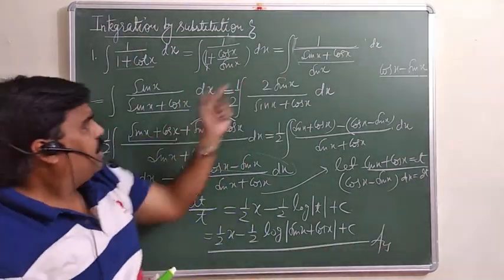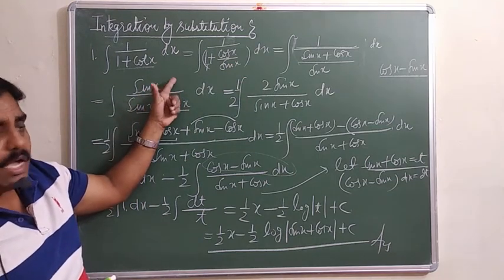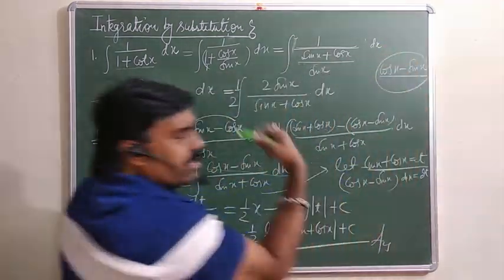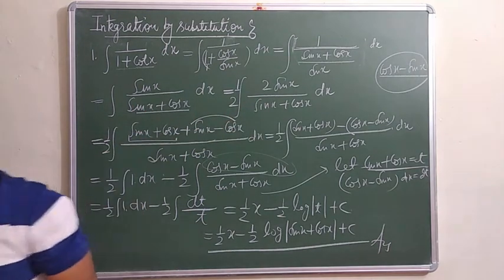You can break this one. बस ये सोचना है कि इसका derivative must be in the numerator. How can you get that? You need this one. अब ये कैसे लाना है? Something you can add, you can subtract, whatever the operation you want to do, you can do that only. Have a look.